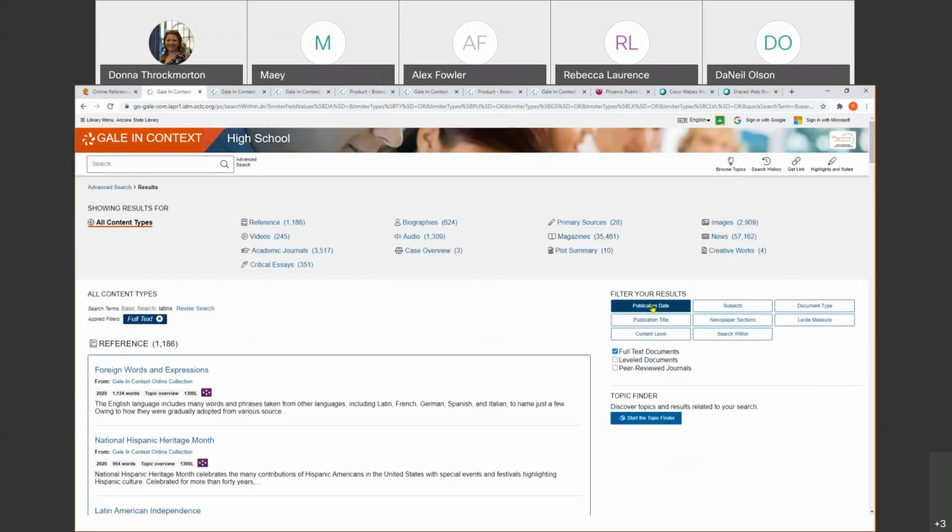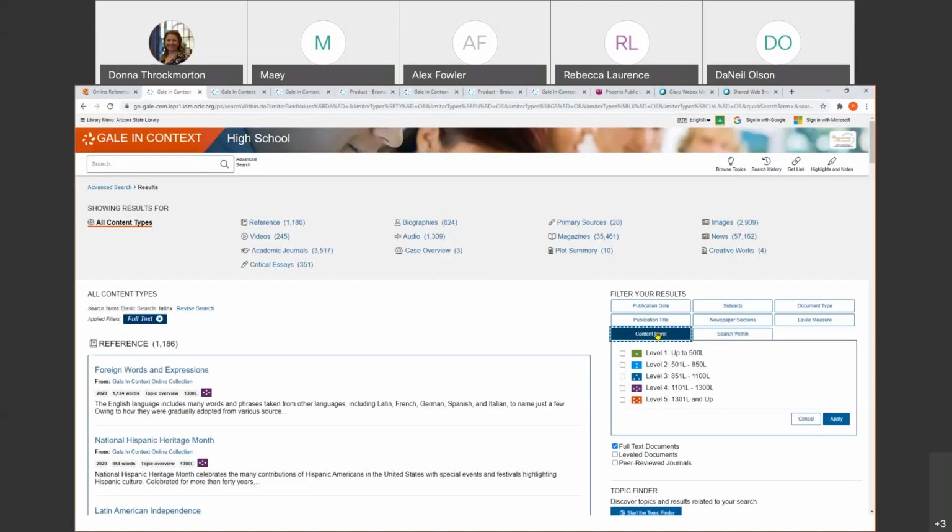You've got some selections over here where you can filter your results. For example, if I was wanting to help students in, let's say, high school, or just maybe freshmen, I can click on this and I can click on level 3, and level 3 is for your middle school up to 8th grade.